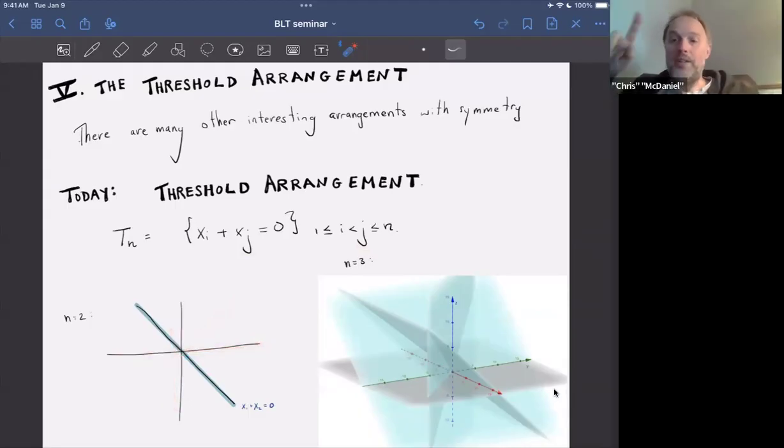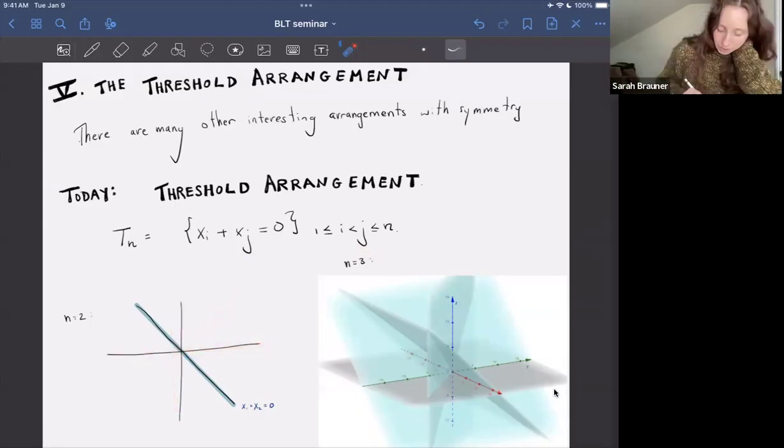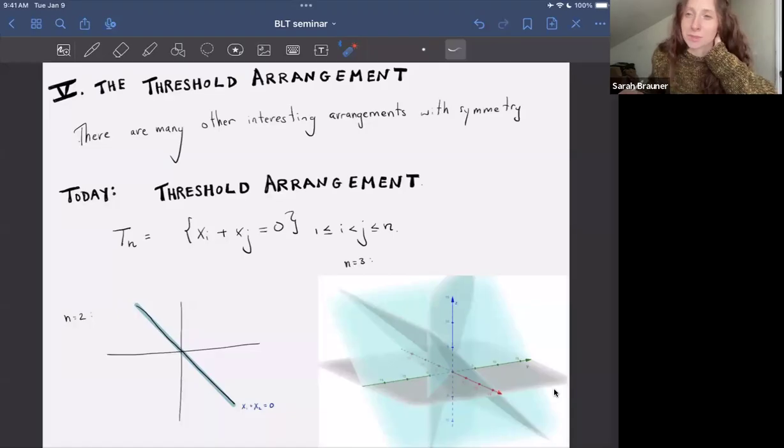You're missing the coordinate hyperplanes, and you're missing this one as well. It's kind of tricky, because when n is 2 and 3, it looks very nice and simple, but as soon as n is 4, the number of chambers is a strange number. Like the number of chambers here is 2,